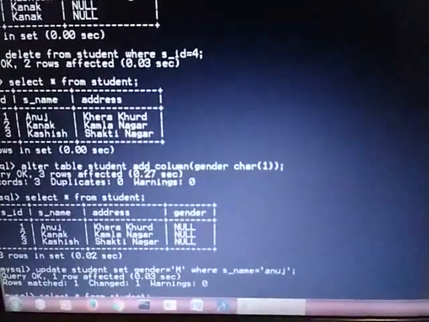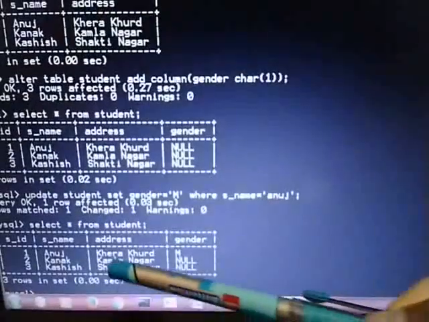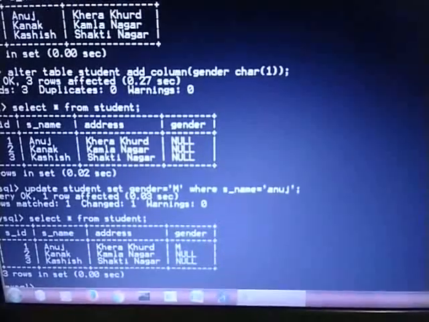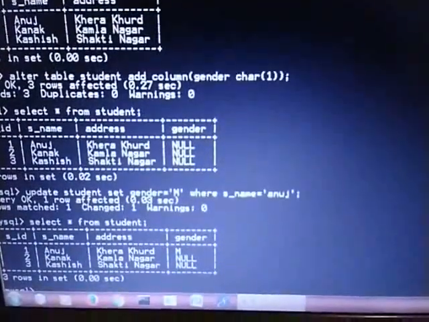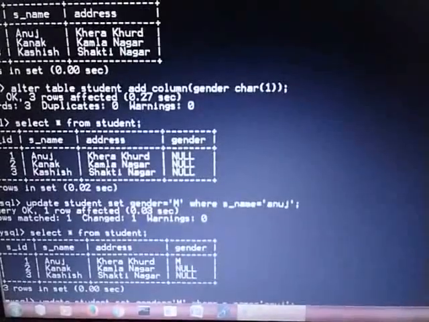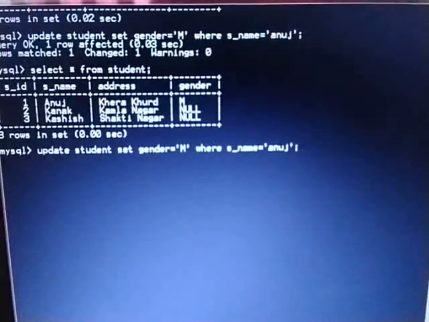Just see the records by using the select statement. See, अनुज जिसका एड्रेस खेड़ा खुर्द है वहां पे जेंडर में क्या आ गया? M. Fine, till here it's clear. So similarly one more record I am updating for you. Afterwards we will see a different thing. Let me scroll down. It's fine.